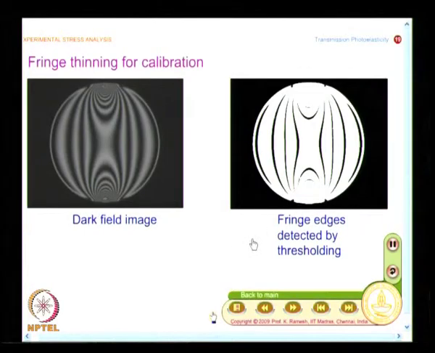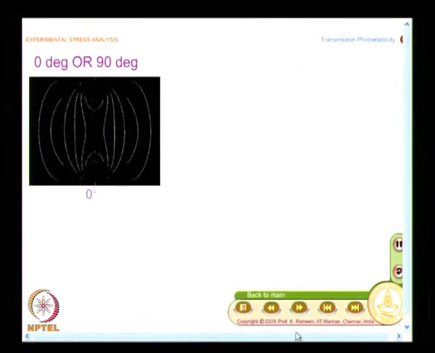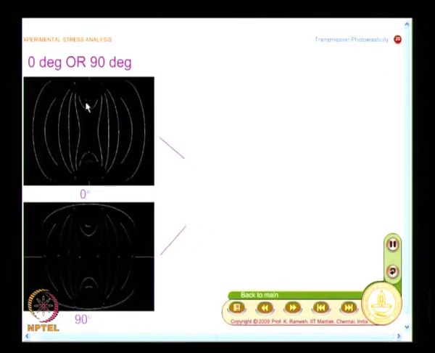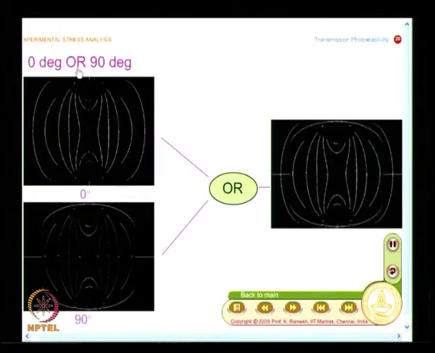So, what you will find is in one of the scans, the horizontal scan will pick out more points, and the vertical scan will pick out only some points. That is the kind of information that you will have, and we will see that. So, I have this, two scans are done, 0 degree scan and 90 degree scan, and I will enlarge this picture.